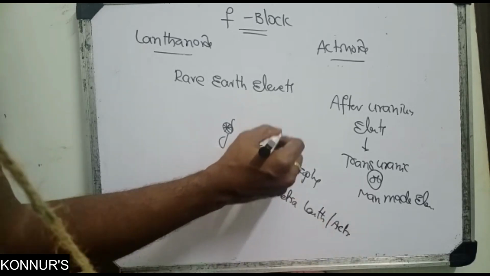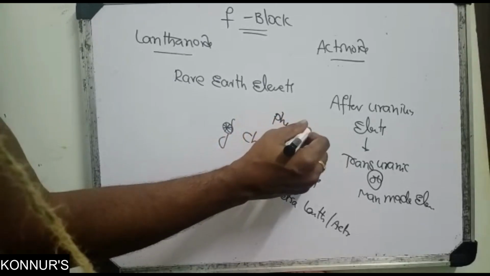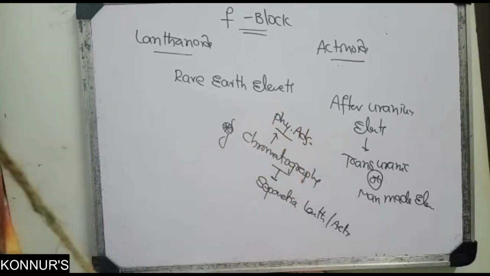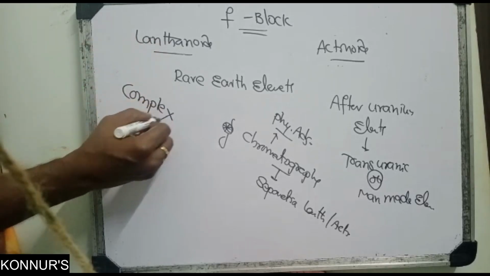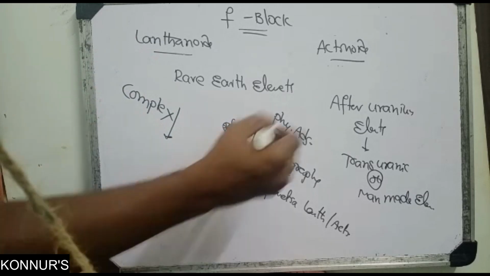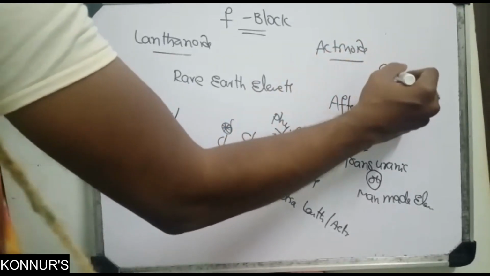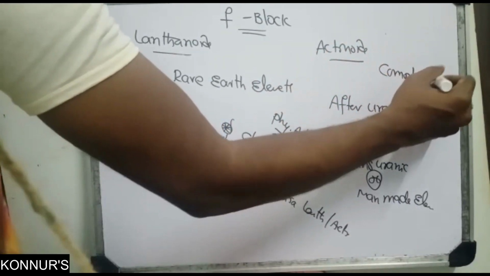So this chromatography is what? Physical adsorption phenomena. So that we can take. Next, who is readily forming complex compounds? So lanthanides are forming less complex compounds. But actinides are readily forming more complex compounds due